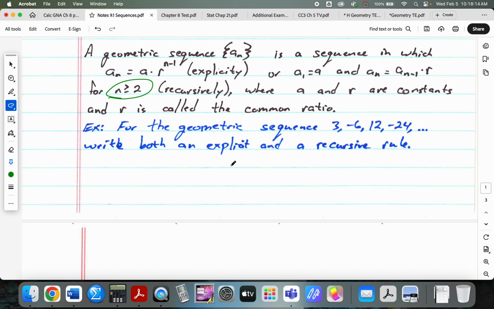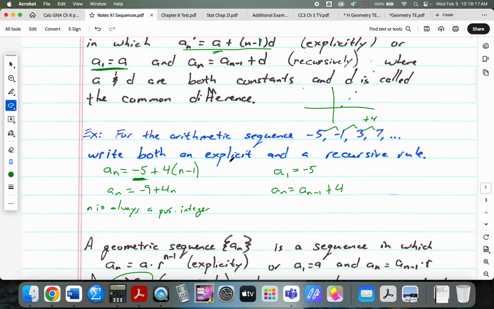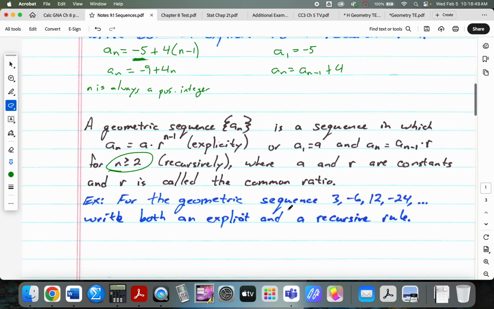You don't have to in the other one, because if we go back to this, we know the first term, right? So it's okay that we don't have, we could say the first term was equal to the previous term. Well, there actually is no previous term. So this should probably include that n is greater than or equal to 1, but we usually don't bother. We usually say n are what are called the natural numbers, 1, 2, 3, 4, 5, etc. Anyway,